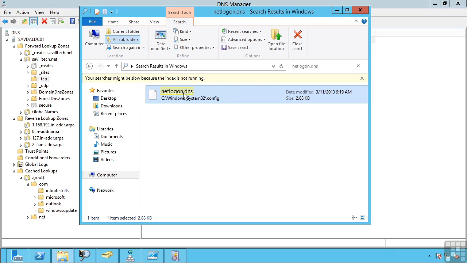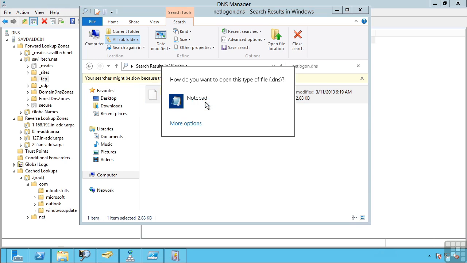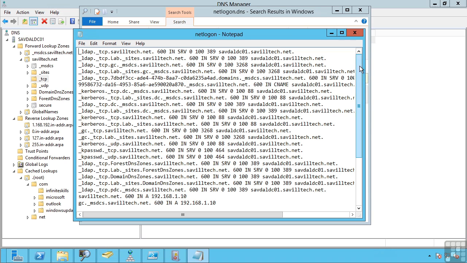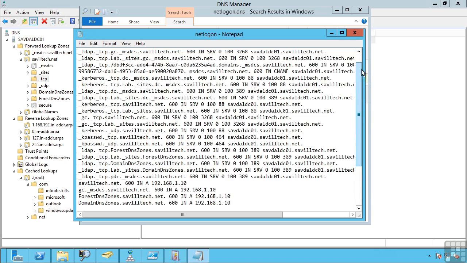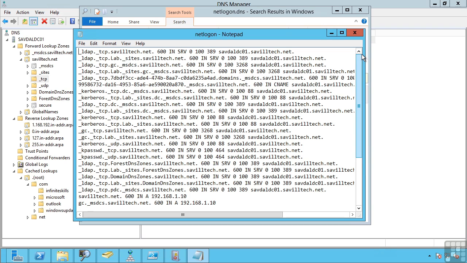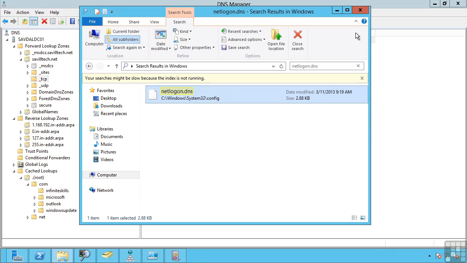These are all the records that your domain controller registers when its netlogon service starts up. If I look at this file, can you imagine trying to manually create all of these records for every domain controller? If your domain controller changed its IP address, you'd have to go and update all of these. And so when you integrate DNS with Active Directory, and it's really a requirement for AD, you have something called